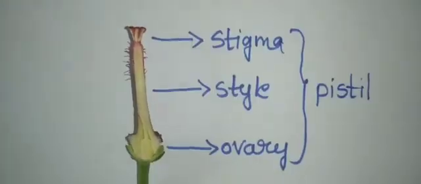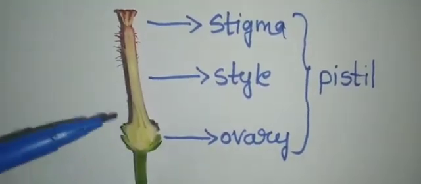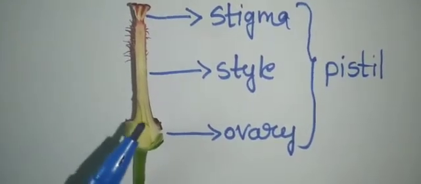It consists of a small sticky disc-like structure. Okay, it is very sticky like this, you can observe. So it is a small sticky structure. This is called the stigma on the top, and this stigma runs into a long tube. Here you can see a tube, right? So this stigma runs into a tube-like structure called the style, and it finally reaches a swollen base. This looks a little swollen, doesn't it?